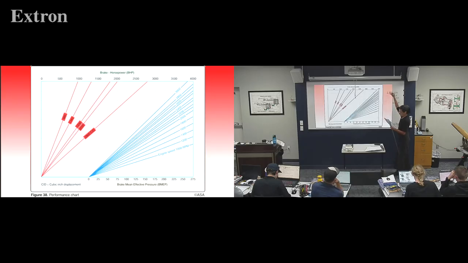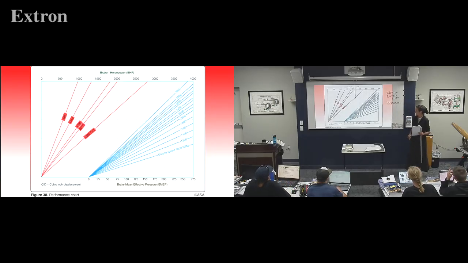2,800 cubic inch displacement. And 2,000 brake horsepower. And 270 brake mean effective pressure. What is RPM? So then you come